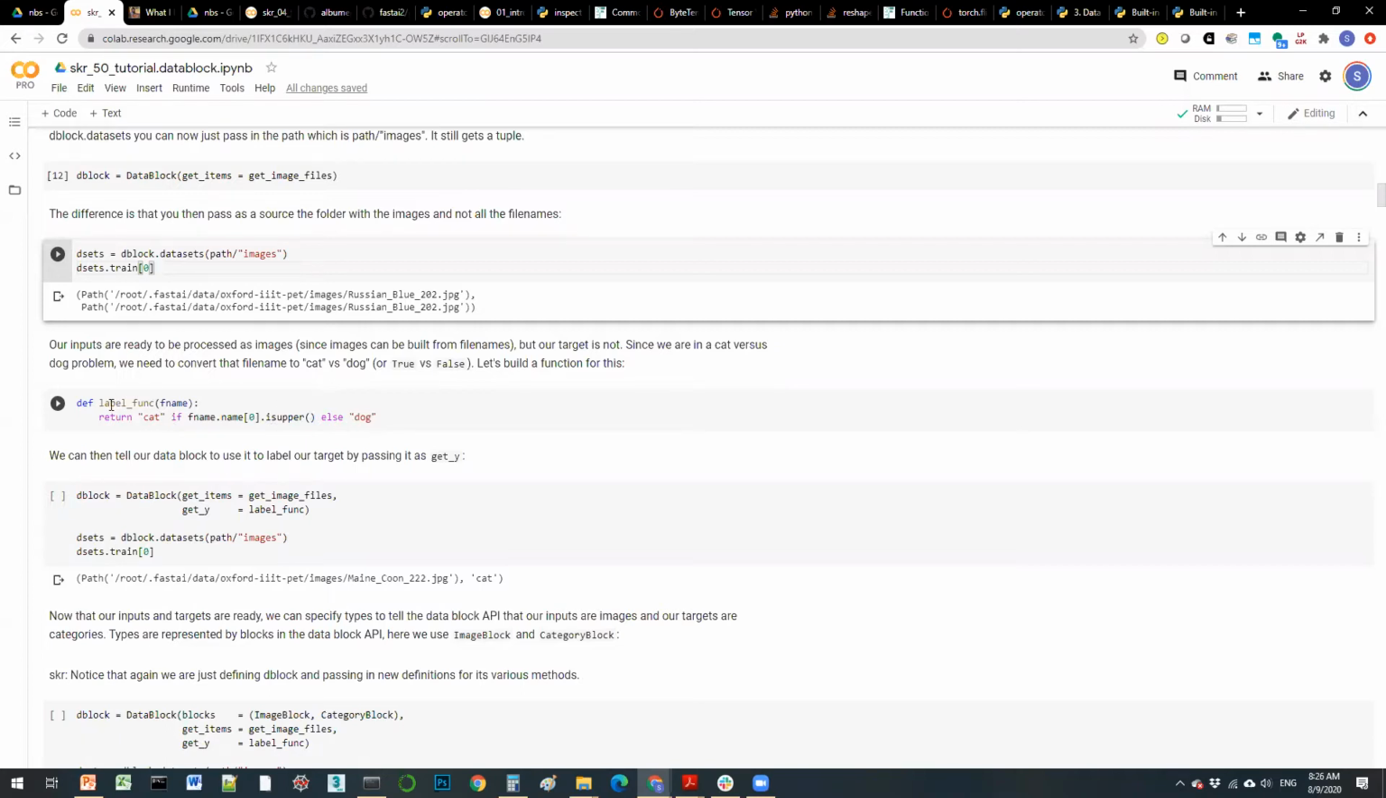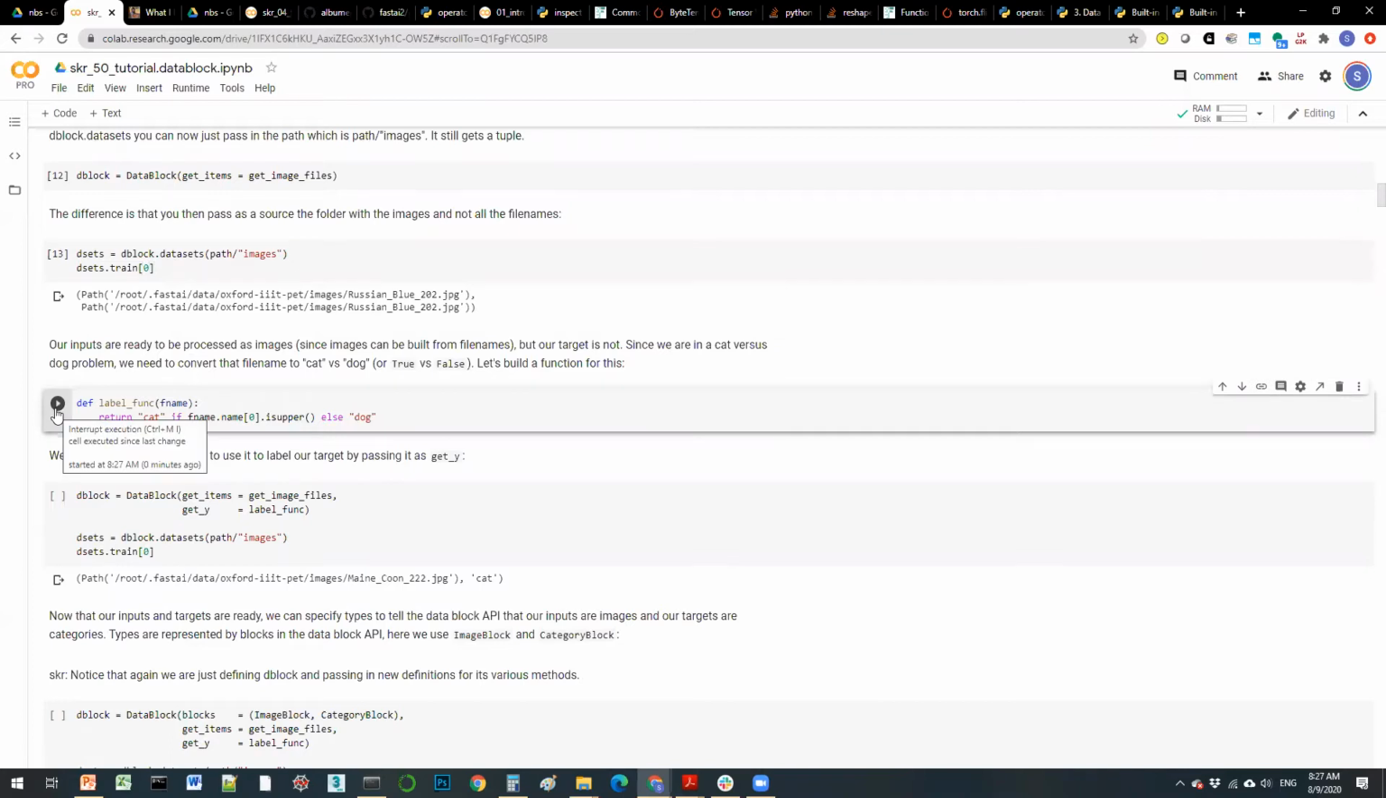So he defines the label function and passes in the same file name. It's this guy, and I believe this is a cat, if I'm not mistaken. He passes in the label function and the file name, and it basically returns a cat if the file name is in uppercase, otherwise it returns dog. And these are strings. So you define the label function, and now you see the answer to your earlier question. You define the data block